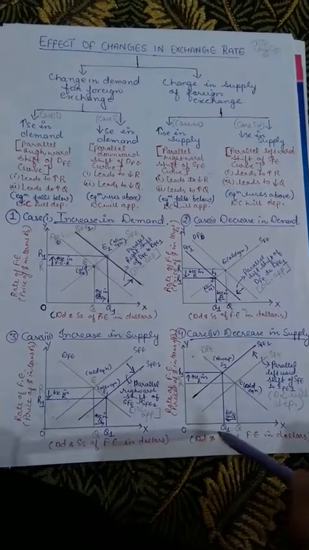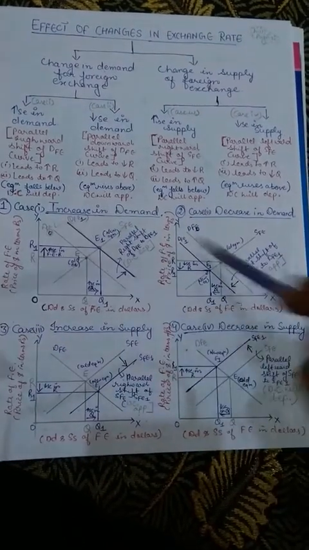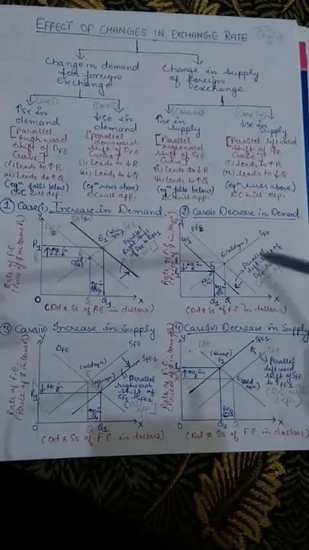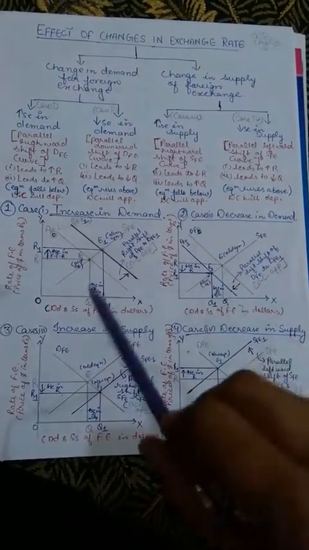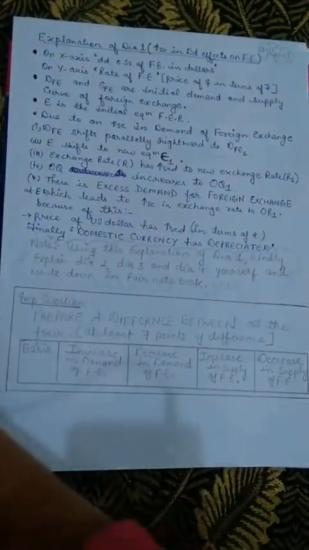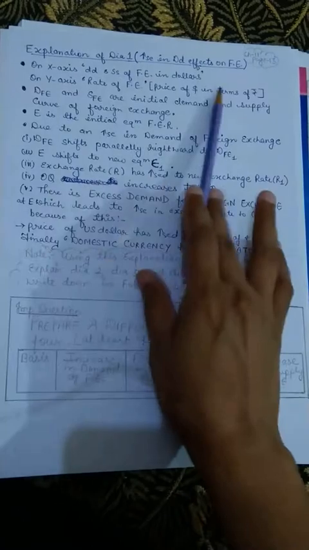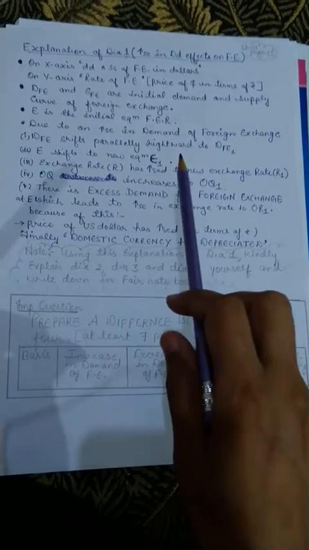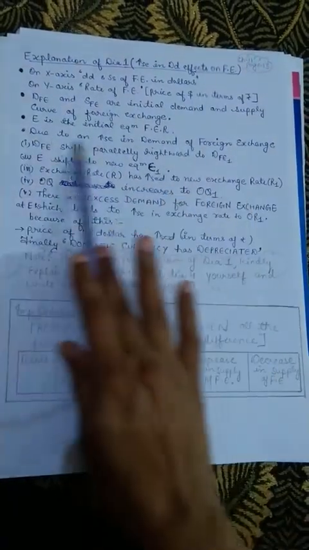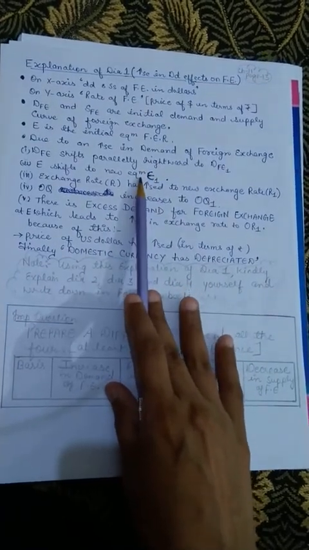So these are the four different cases I have tried to draw in one frame only, at one place, so that you can easily differentiate between each of these. And bacha, here on the next page I have written the explanation of the first diagram. So you will read these carefully, and you will write the explanation of all the four diagrams. I have given you an example by explaining the first diagram. The second diagram, third diagram, and fourth diagram you will explain yourself.